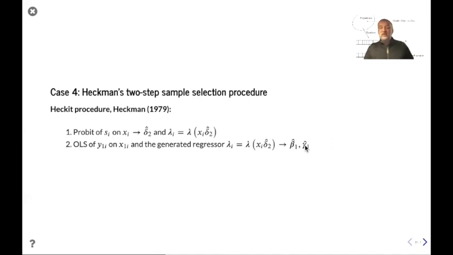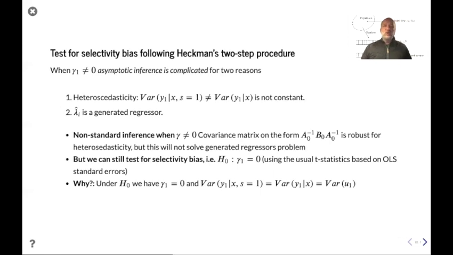Okay, now if this coefficient is non-zero and it's significant, then you have a sample selection issue, and you have corrected for it. So why don't we try to see if we can actually test that? We can test whether sample selection is an issue, so that we need to correct for it. Okay, so when gamma is equal to 0, there's no sample selection, but if it's non-zero, then you have a sample selection issue. Now, the problem is, and we didn't actually spend a lot of time on two-step estimators,